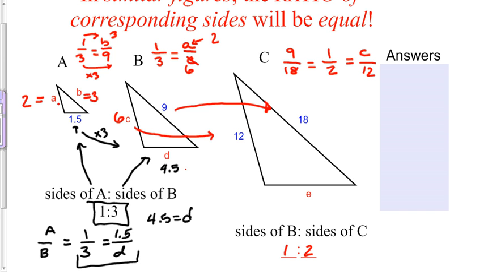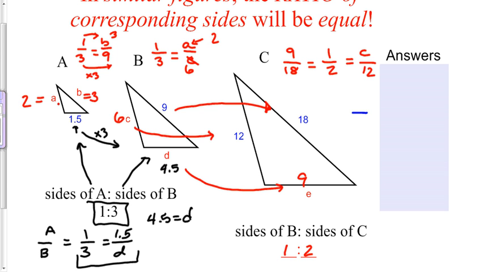And I can come down here and know that each figure here, again, remember each side here is 2 times bigger than the side in this triangle. So 4.5 doubled makes 9. Now, another way you can look at this is you can actually look at the ratio of the 3 sides